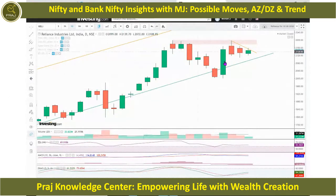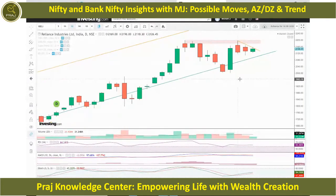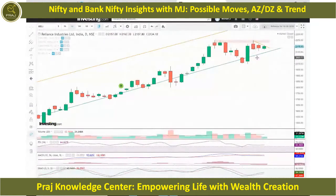Reliance is at a double top. That's a distribution zone, and it is making lower lows and lower highs. But on Friday, it made an inside candle consolidation, though there was a little bit of bullish bias. Like Nifty, you can see that it opened gap down, and it also gained a little momentum. But if you look, RSI is above 60, so there is bullish momentum already there in Reliance, and there is a bearish crossover in Reliance, so there seems to be some more correction, but